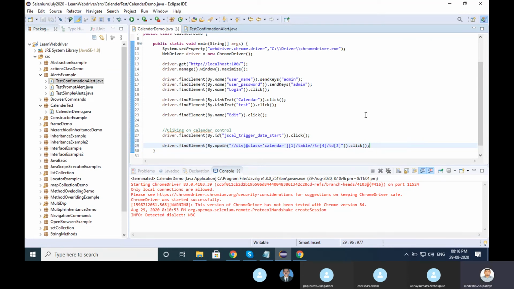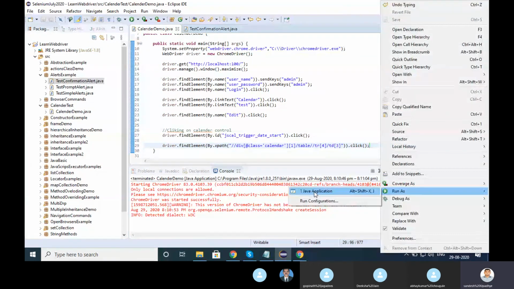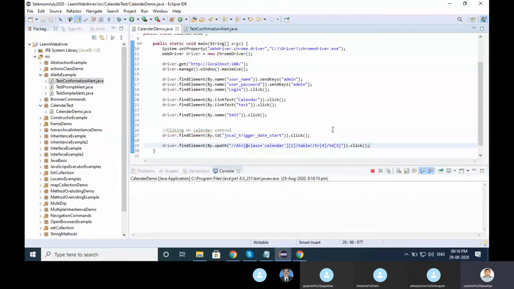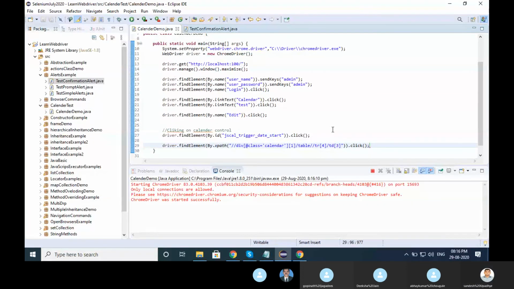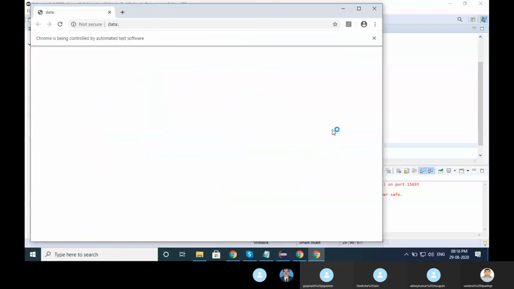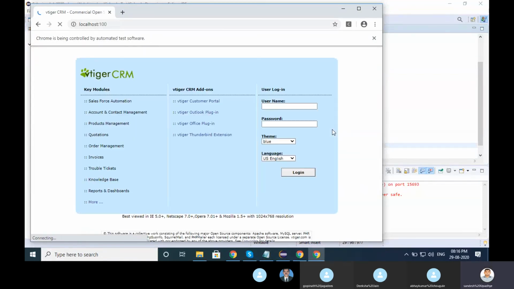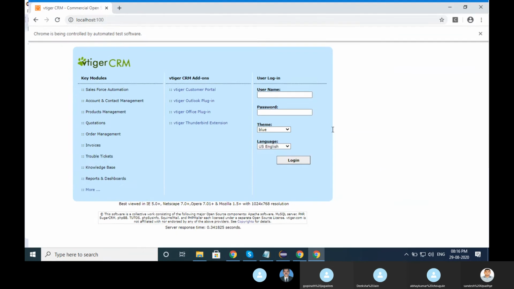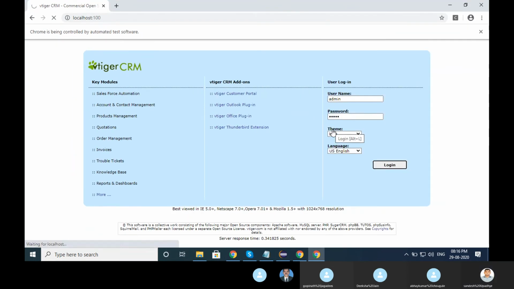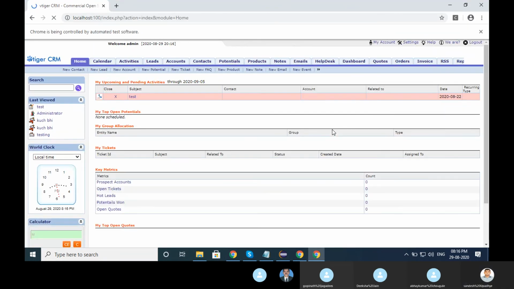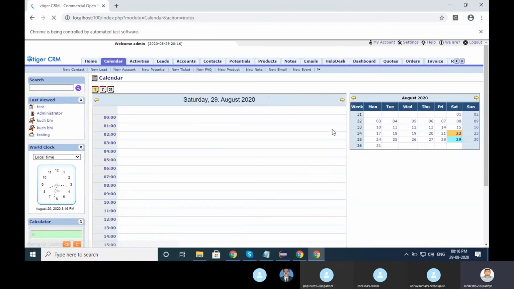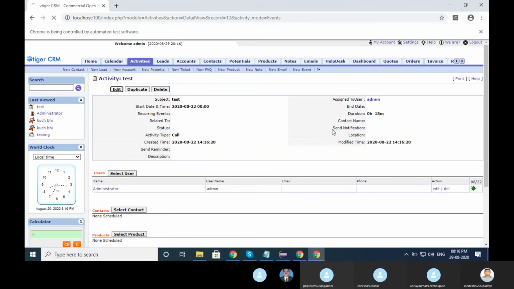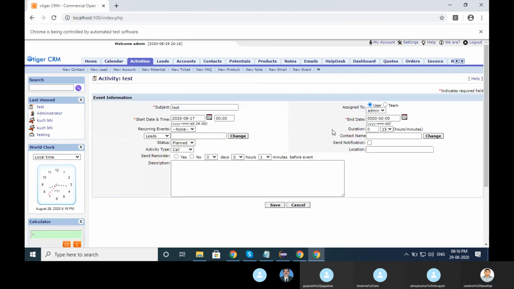Whichever date you want, you can take that XPath like this. The date control is handled. Correct.